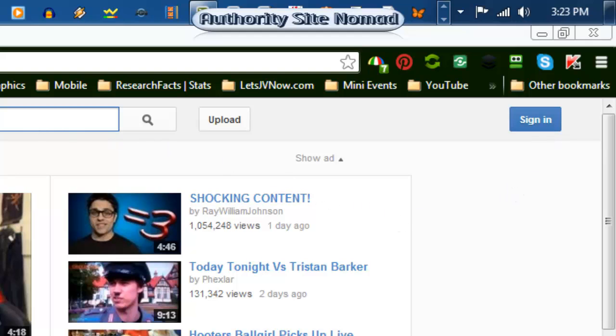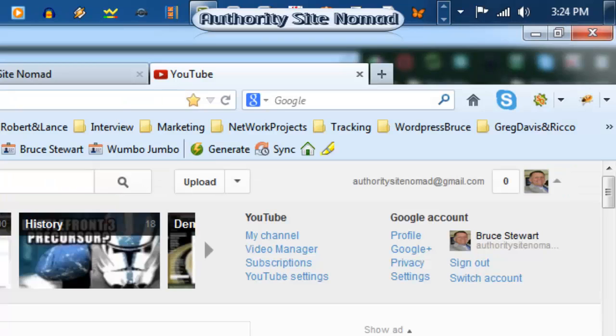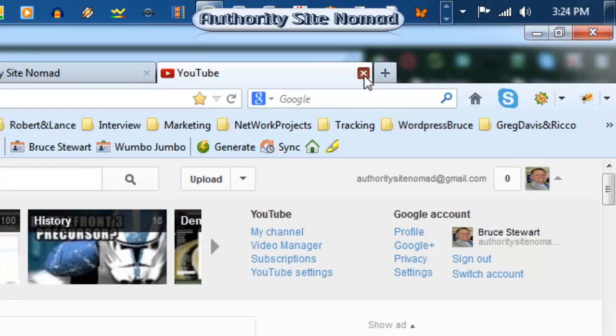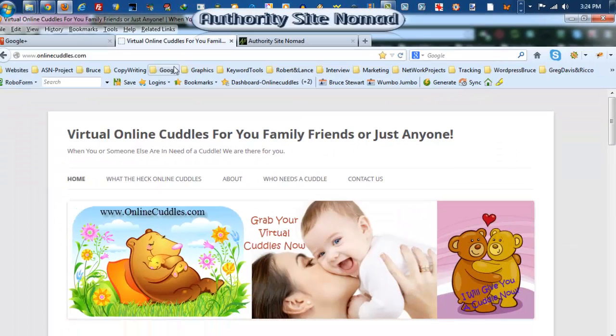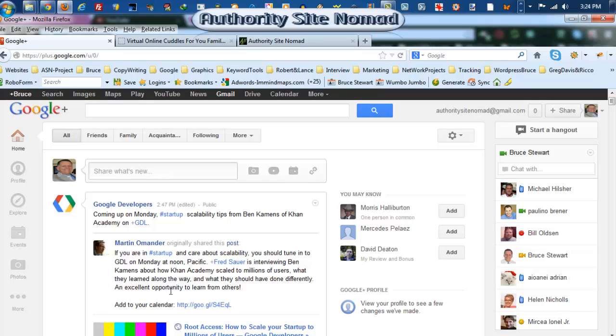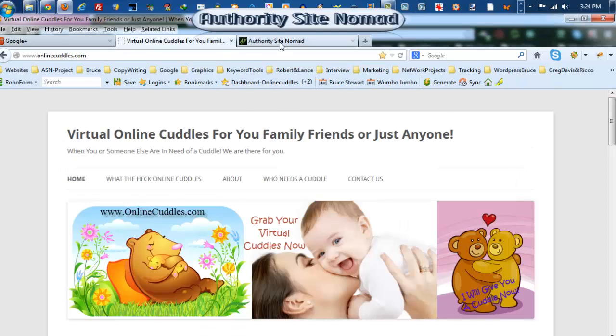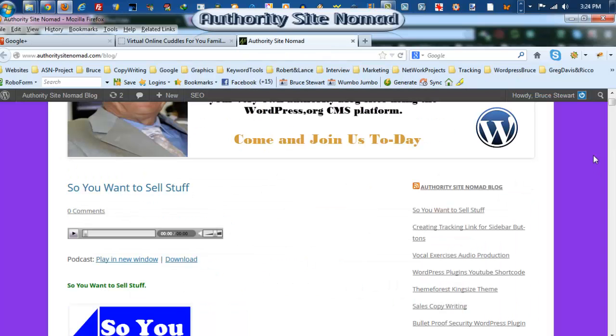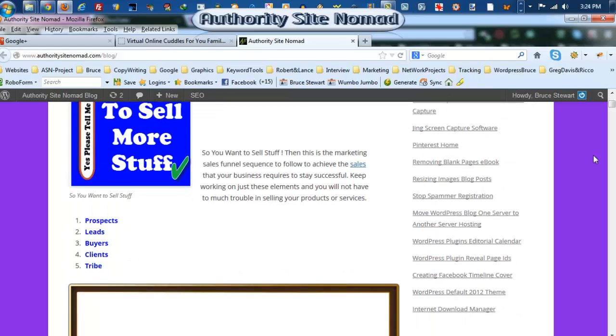So what I'll do is go back to the other browser, which is here, and I'll click out of there, and we're just going to go to Google Plus. And when you create a Gmail account, you'll get a Google Plus account as well, which looks something like this. And when you have your Google Plus account, you can set up a Google Author account and that sort of thing. And then on your blog, which is like this one, the Authority Site Nomad blog, there I have a Google